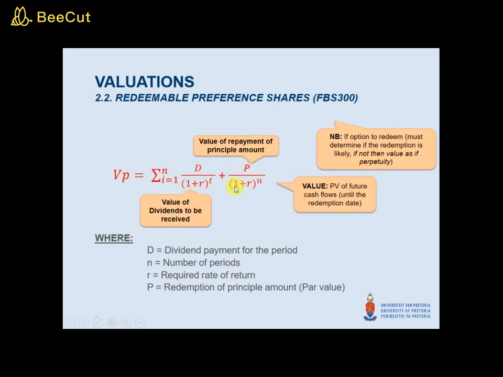All right, so how are we determining the valuation for both preference shares as well as for debentures? It's simply going to be the present value of our future cash flows. Whatever those cash flows are, if we can determine what the value of the future payments are in today's terms, that is the underlying value for preference shares and debentures.